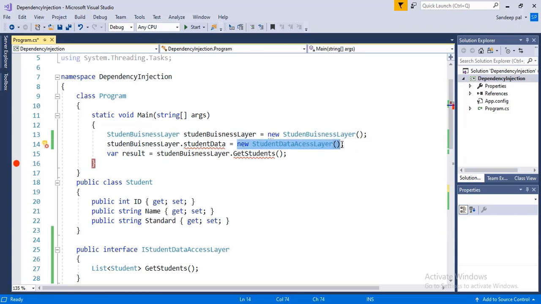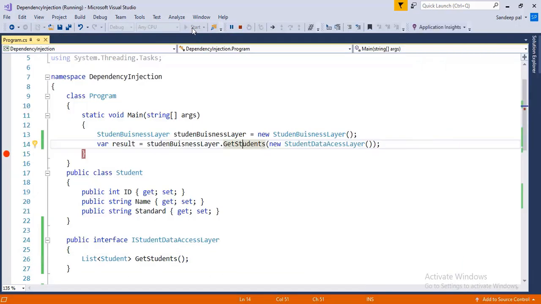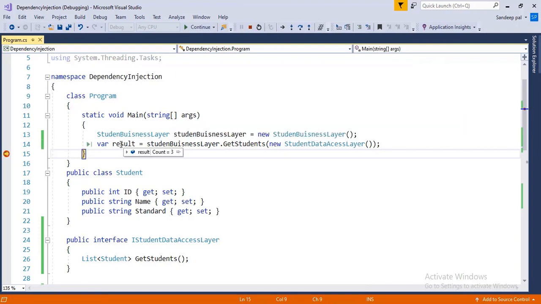And in the main method, pass the student data access layer class object into this method. Let's run our code. We get the same records. So our code is working fine.